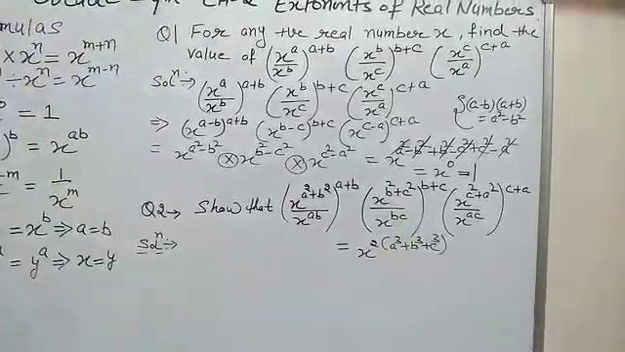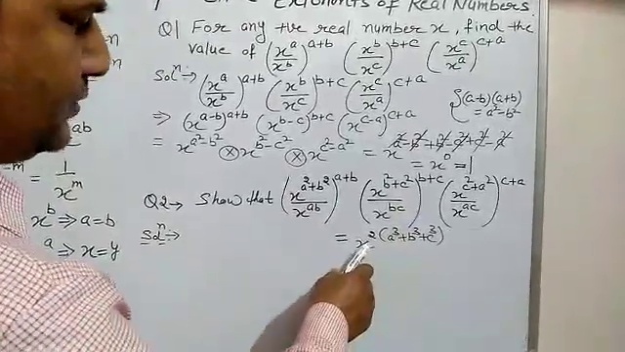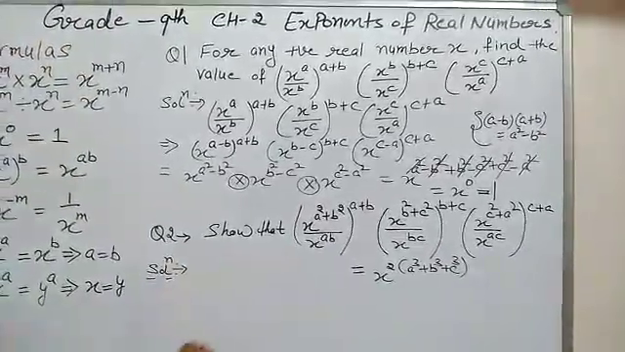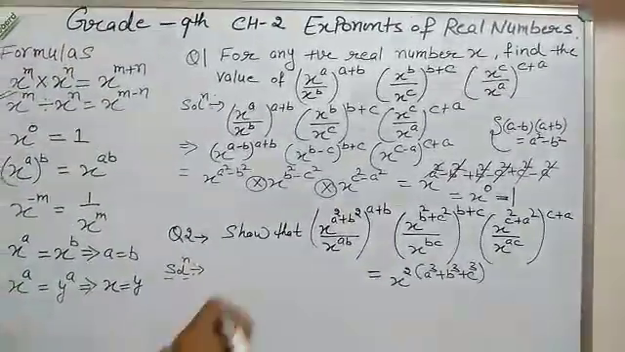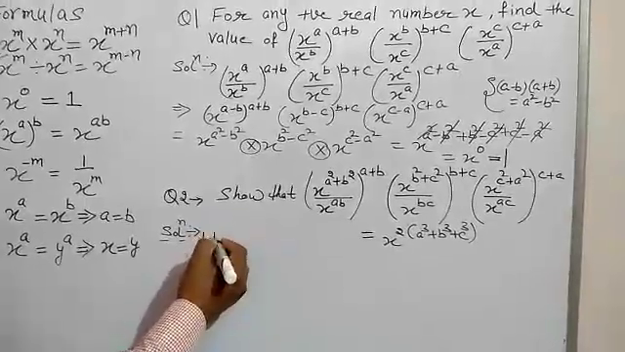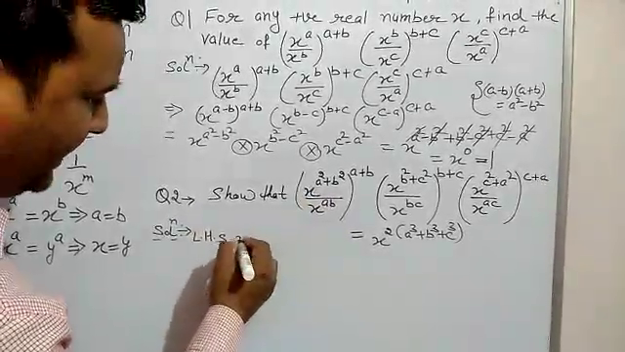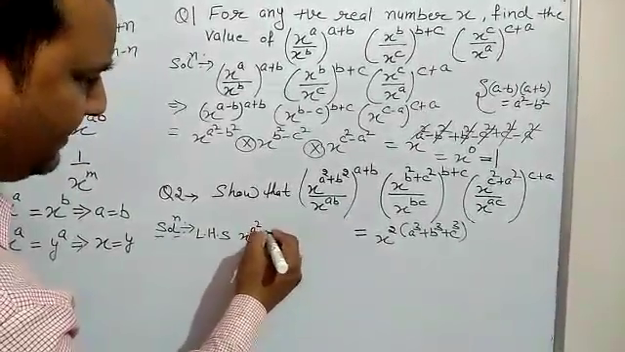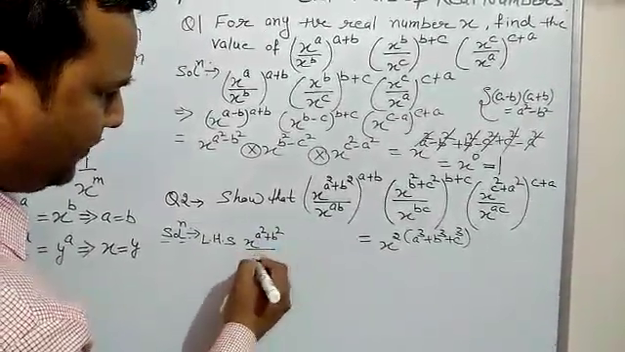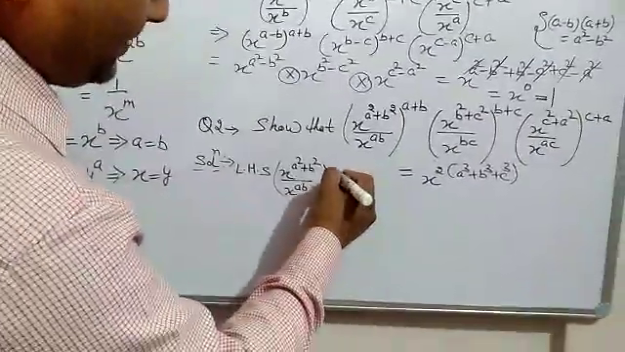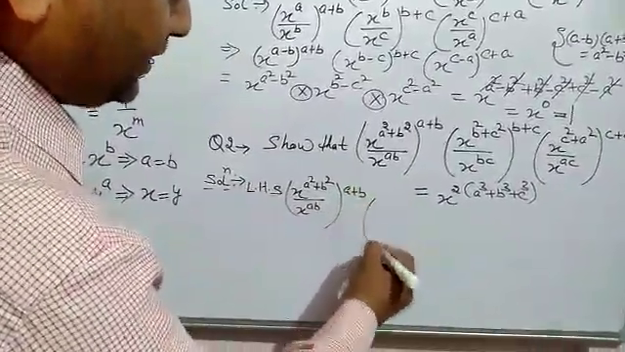Otherwise you can write it as x to the power 2 times (a cube plus b cube plus c cube). Let us solve. Let us start with the left hand side. What is our left hand side? Left hand side: (x to the power a square plus b square upon x to the power ab) to the whole power a plus b,